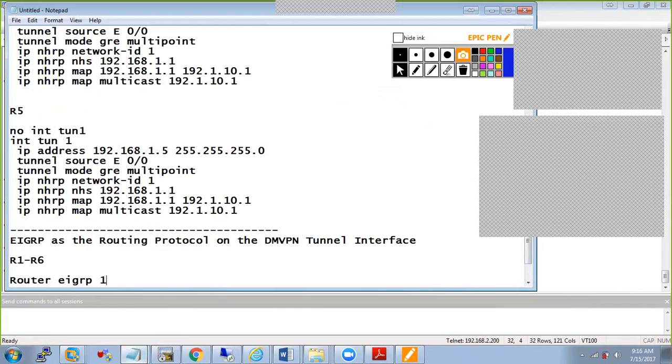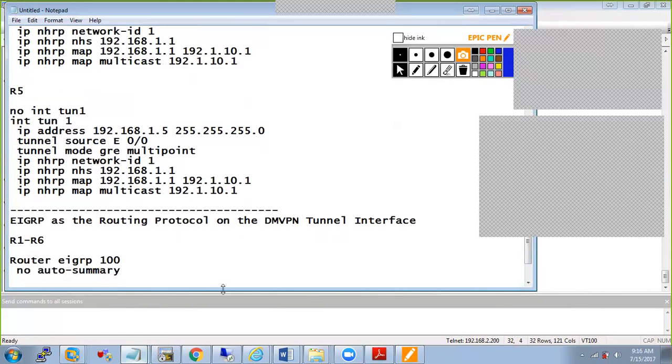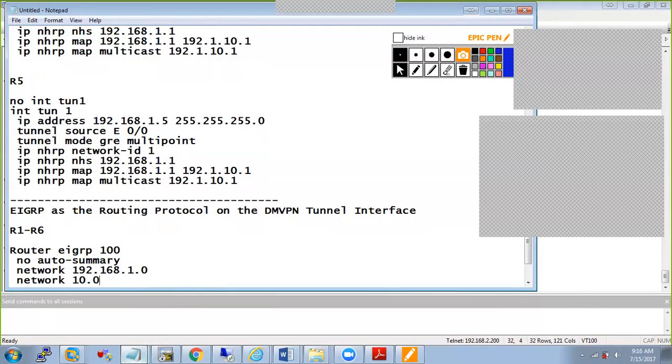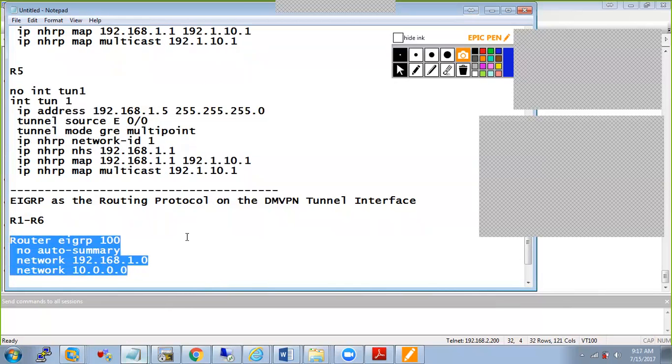What I'm going to do is run EIGRP in the classic mode. It's a habit, although in the newer IOSs you don't need to do it. No auto summary is done by default. Classic meaning versus the name mode. So I'm enabling it on the tunnel interface as well as on the internal loopbacks that I have. And this is the same type of EIGRP setup I would need to do on router 1 through